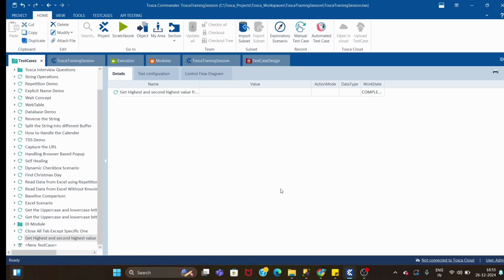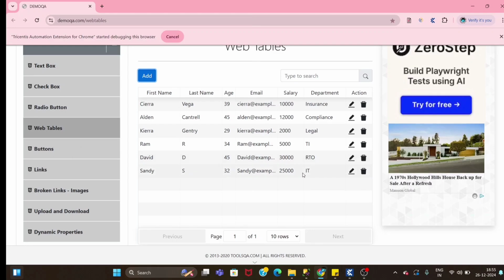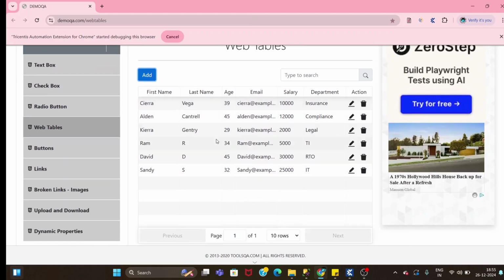Hi guys, welcome back. So today we will see another real-time scenario. This scenario was asked by one of my subscribers, and the scenario is: if we have one web table here, and in the web table consider the salary column, in the salary column we have to get the highest salary and the second highest